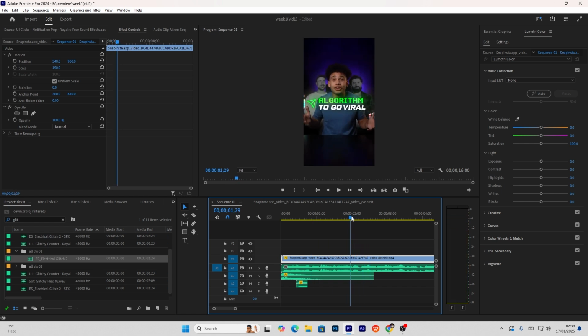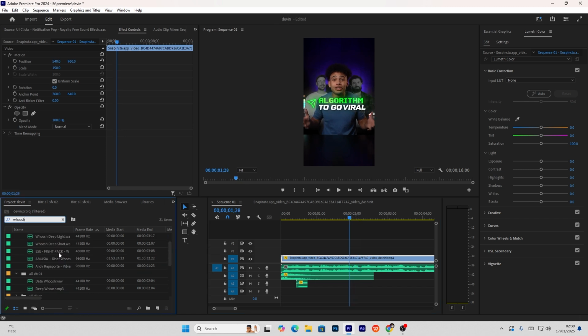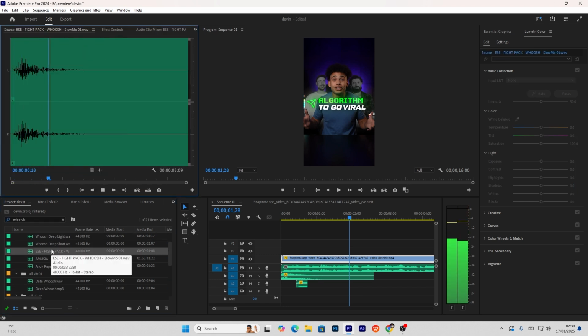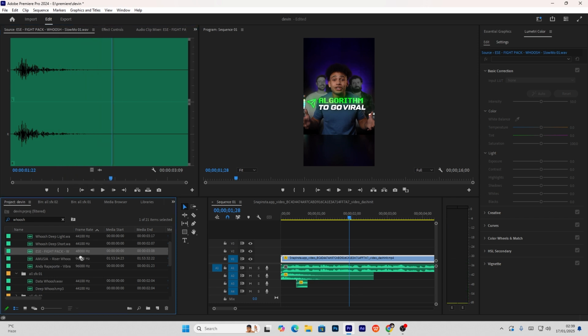Okay, we can clearly see that there's a movement sound effect that we can use here. The movement is happening on the send button here, and also while the algorithm part is moving on to the right side, we can use a whoosh sound effect. And I have got some whooshes here, and all these whooshes will be available in the folder which you guys will be receiving. So we can test out something which is fast paced. Okay, this sounds good. We can use something like this.